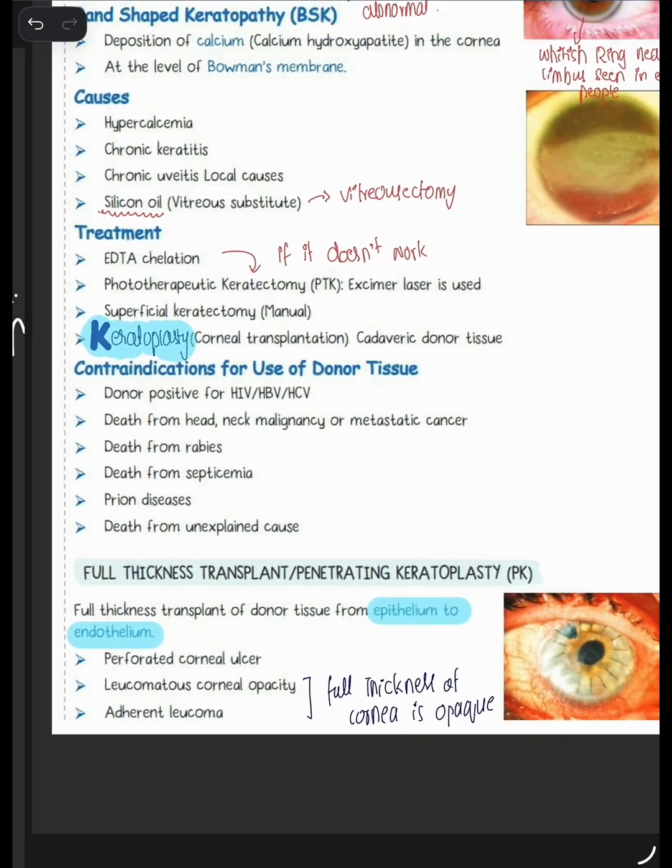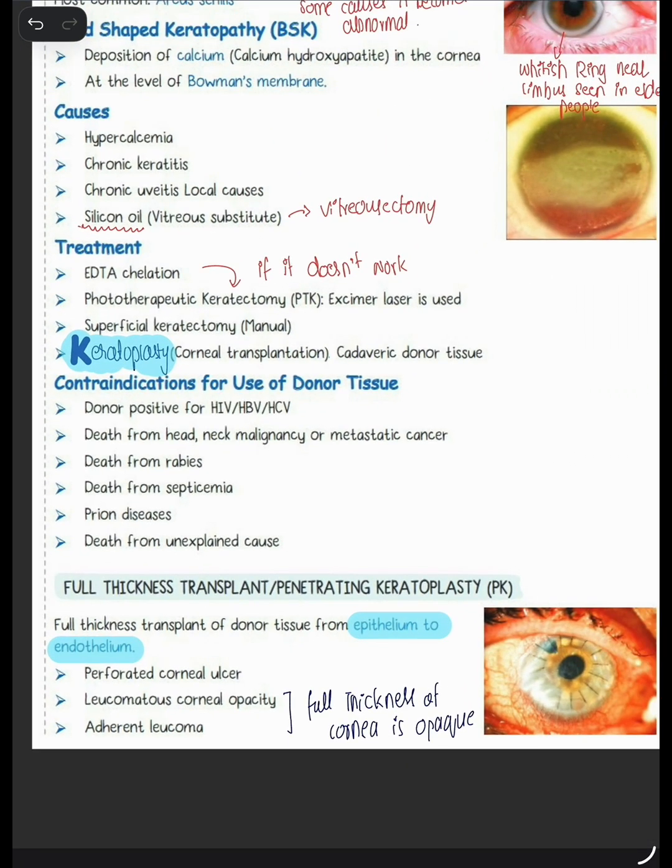So what are the techniques used for the keratoplasty? We use the full thickness penetrating keratoplasty. Full thickness means the cornea is transplanted from the donor tissue, from the epithelium to the endothelium. The whole thickness of the cornea is transplanted, and it is done in the perforated ulcer, leukomatous corneal opacity, and